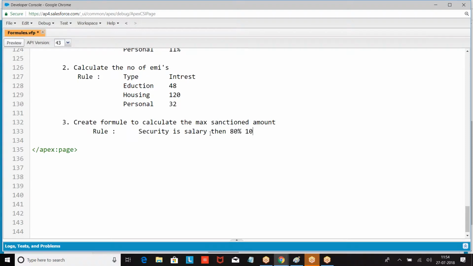Shall we make it complex? Okay. If security is salary and type is education, it's 24 times of 80% of salary.